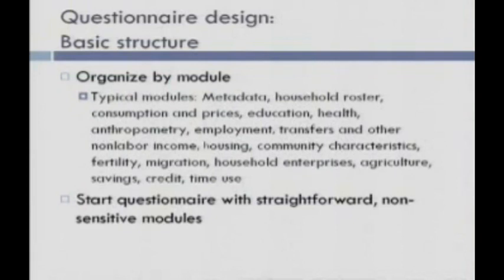Collecting the household roster early makes sense, before people have lost patience with you. When you're on cousin number 15, if you've got a list of all the people living in the household, and there are eight of them, then later when you're asking how much time each person spent collecting firewood, you haven't left somebody out.